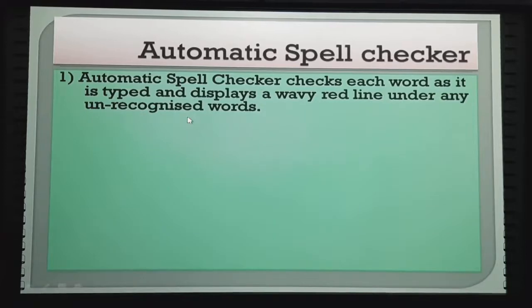Whenever a word does not match the dictionary of our LibreOffice, it will simply display a wavy red line. The wavy red line means the spelling is a mistake and it does not match the words in the dictionary of our tool.